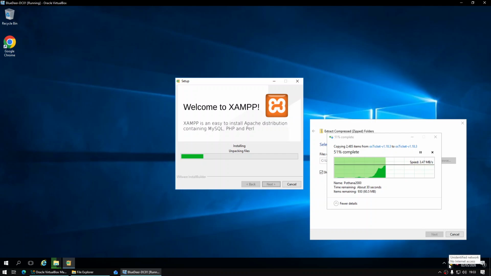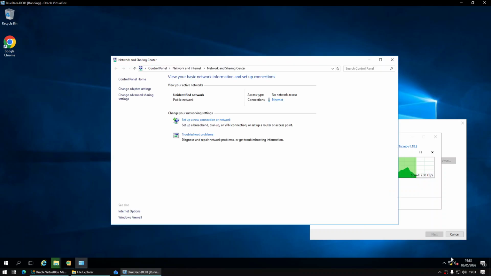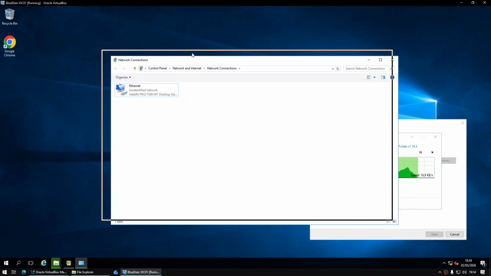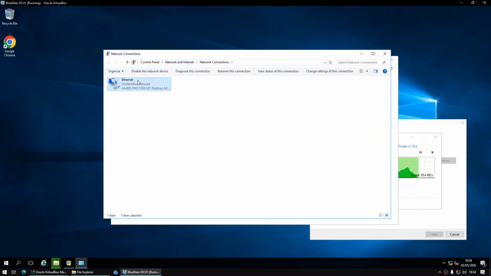Another thing I can do while this software is being installed is right click on my network, click Open Network and Sharing Center, and configure my static IP. It's really important on a network that your servers are at a static IP position, because otherwise the client PCs may go looking for the server, it may have moved IP address, and now they're unable to find it or resolve it. So I'm going to click Change Adapter Options once that window pops up, and then here's my Ethernet adapter. I'll right click Properties,